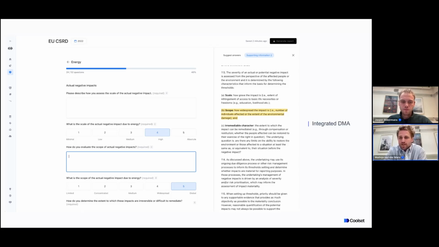There's supporting information, which is always a direct link to the ESRS legislation, and we highlight the part that is relevant to answer every question. And in a second tab, we have suggested answers, in which our research team has provided 3 different scenarios in ways you can answer these questions. This can be an inspiration or a basis which you use to answer your own questions.